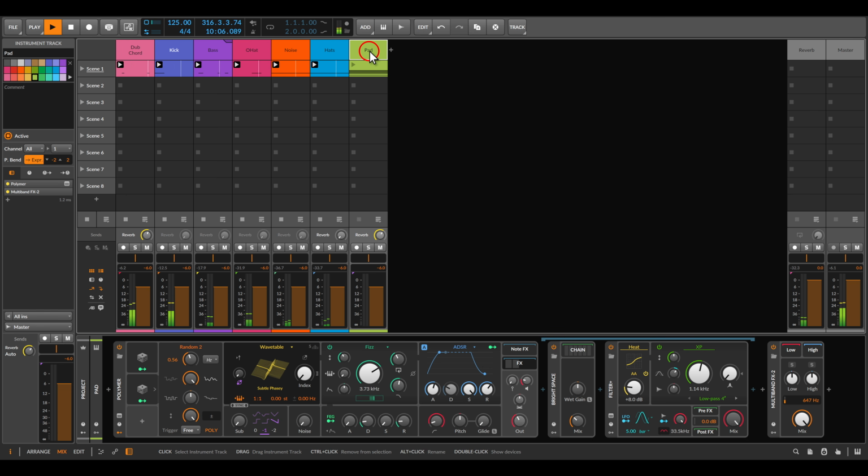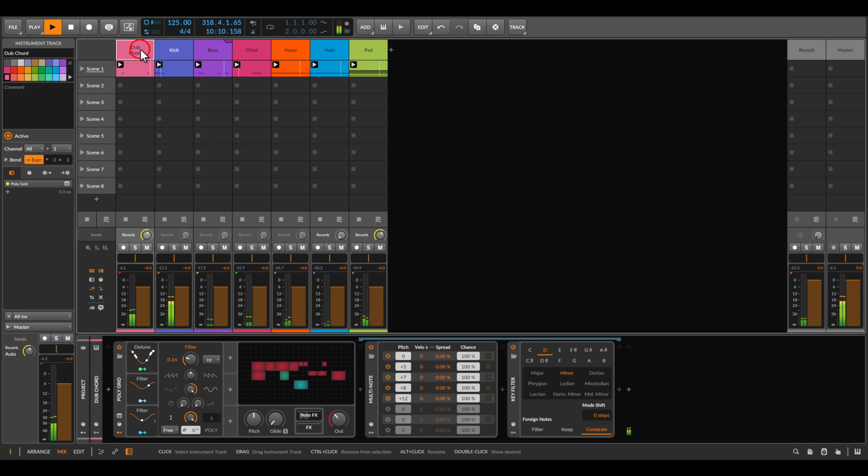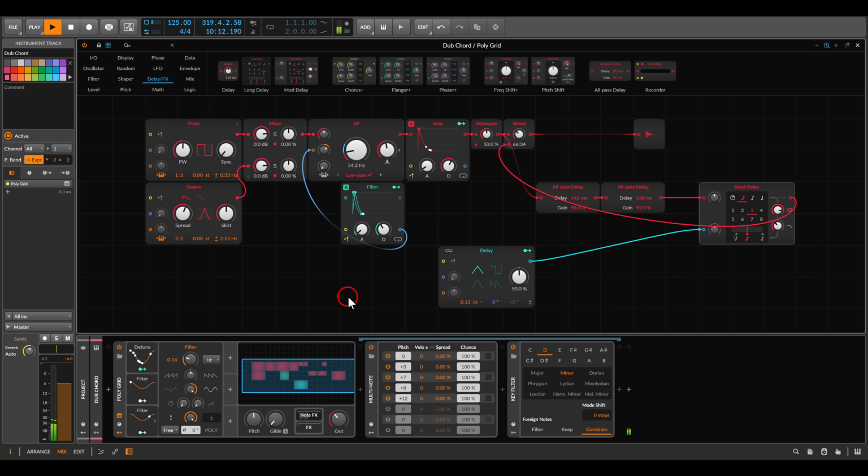And a pad with a polymer. Right, so this works quite nicely. These chords work quite nicely in context, with the filter movement, with the envelope movement,